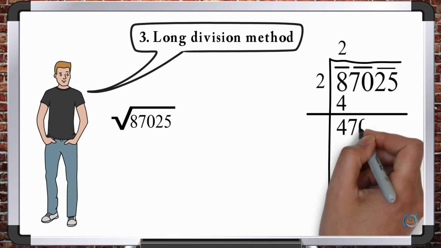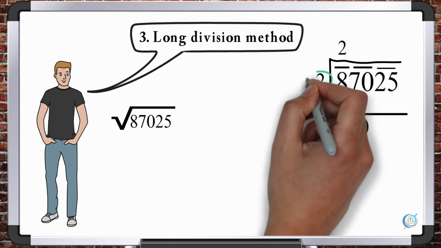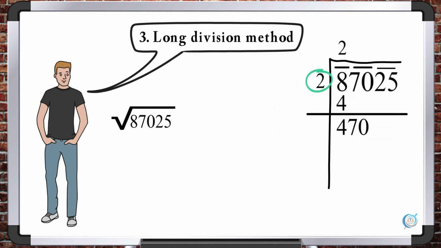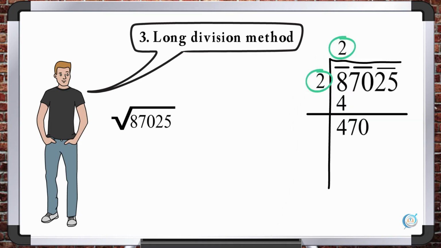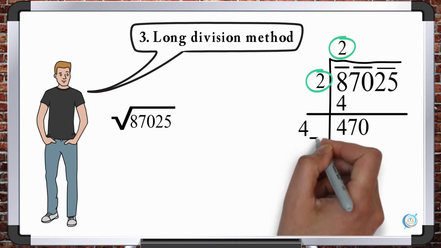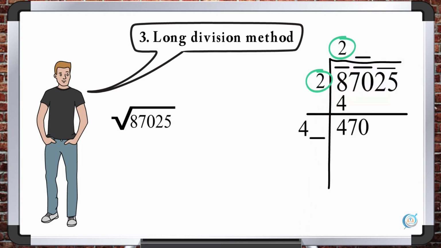Now take next two numbers down. And what we need to do is, we need to add the both numbers in the divisor and quotient place, and we will write at the side. That is 2 plus 2 equal to 4. Now 4 and some number into same number, we need to get a number just less than 470. So we will just go through some numbers.